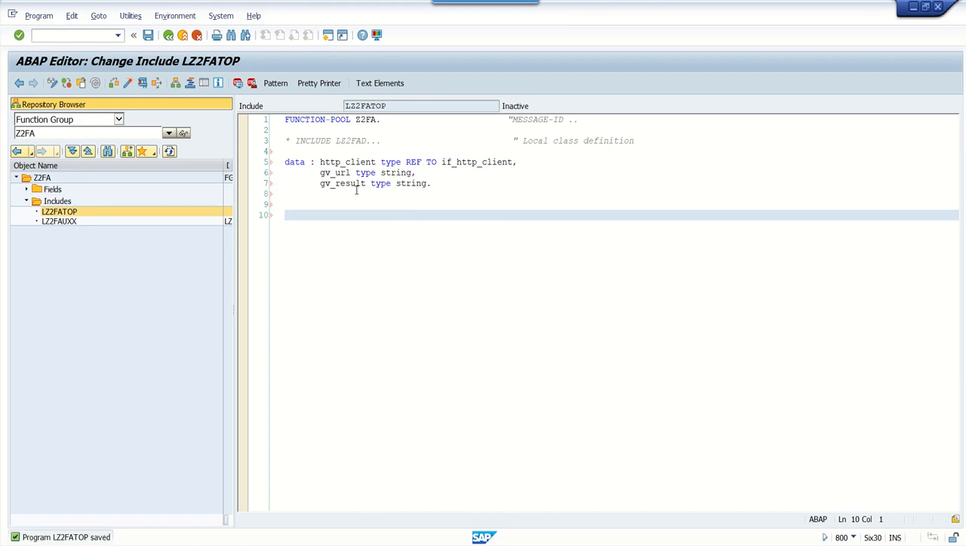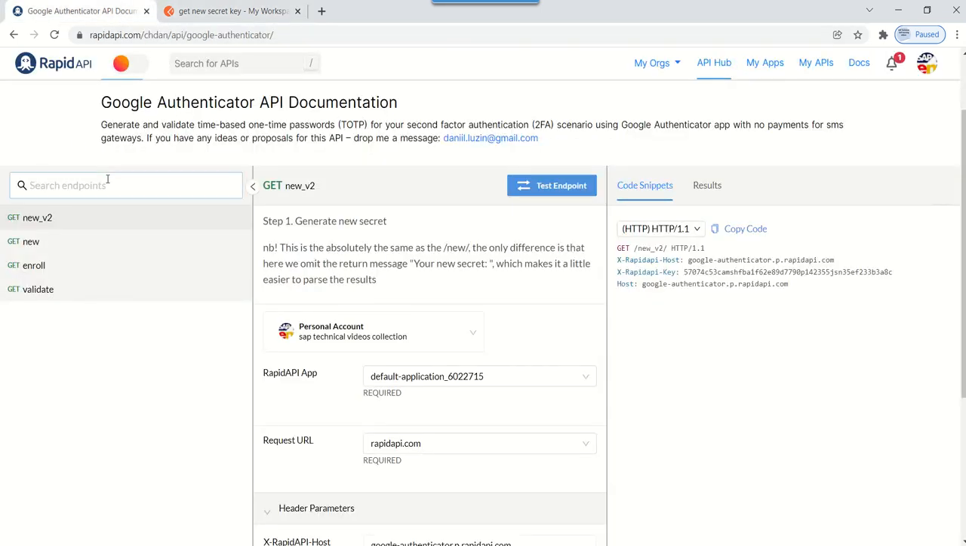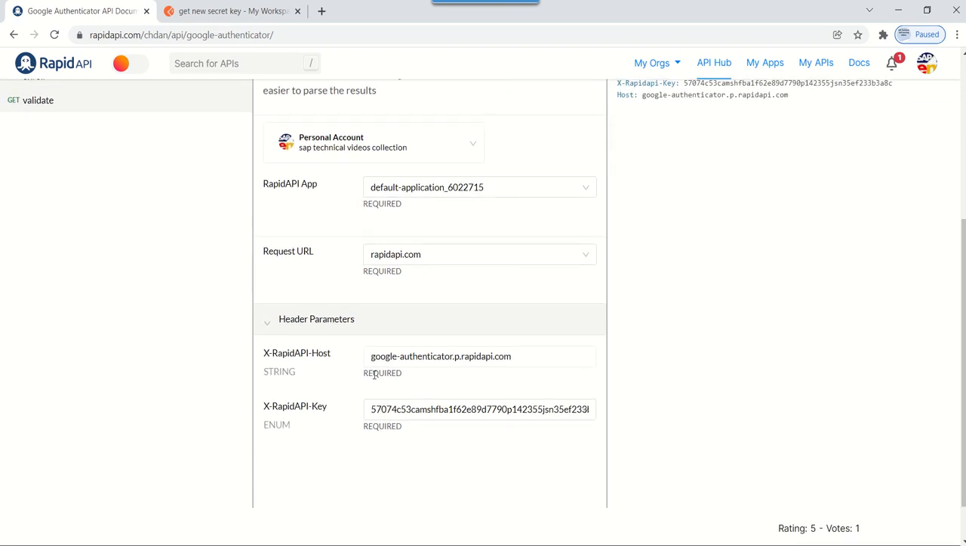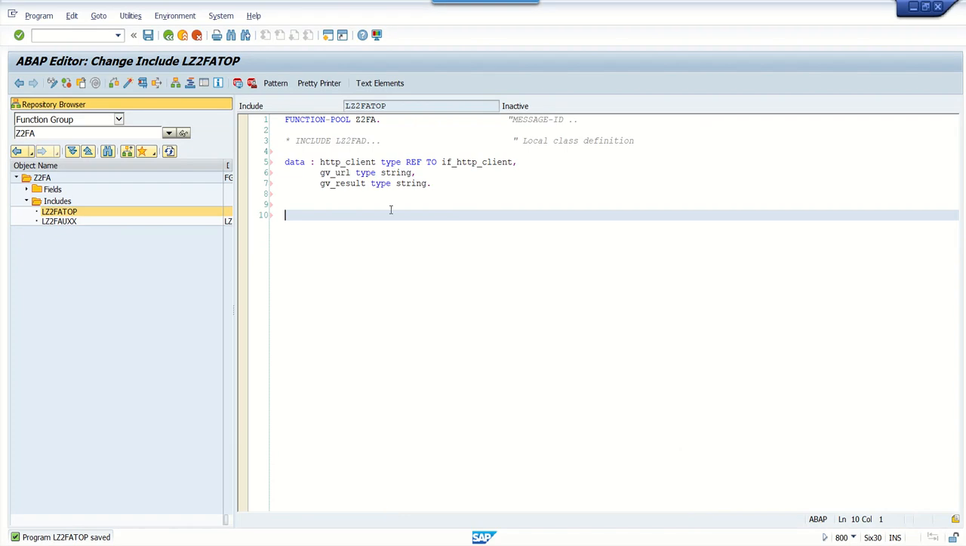Declare all three variables in the global area. While testing in the Postman tool, we have seen that in the header we need to pass the key and the value for that key, and this key value we can get from this endpoint when we execute. So here we can see the X-RapidAPI-Key, and to copy this key, once we click on test endpoint, go to snippets, and from here we can copy this key. So I'm copying this key, and as this will be fixed throughout all the APIs, I'm going to declare this as a constant,